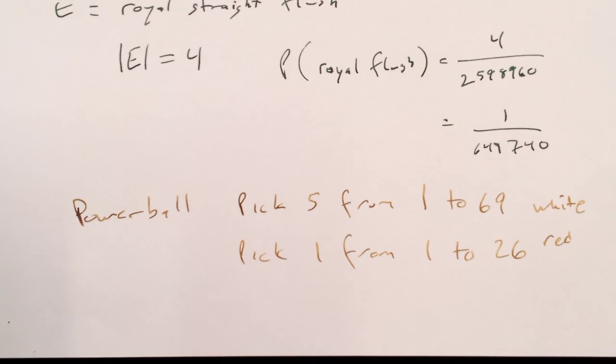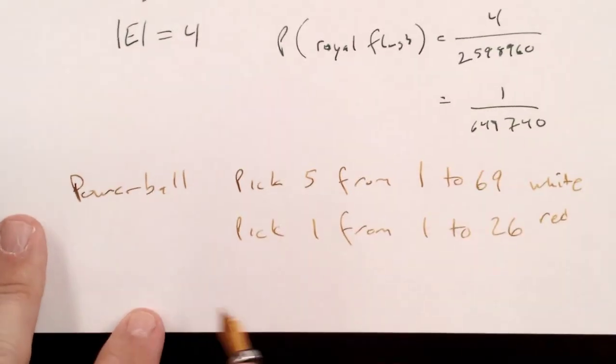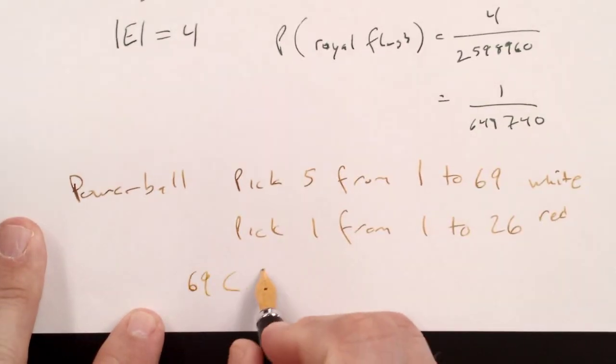If I get the numbers 1, 2, 3, 4, 5, and they draw the numbers 5, 3, 2, 4, 1, do I win? Yes, I do. In this lottery, it says quite explicitly, you just have to match the numbers. You don't have to match the order. Do I use a permutation or a combination? Use a combination. So to get these 5 out of 69, I do 69C5.